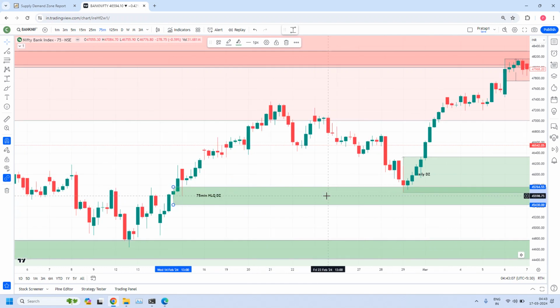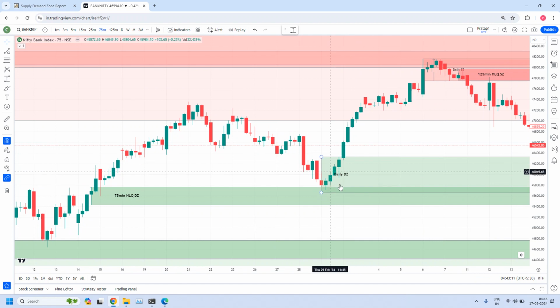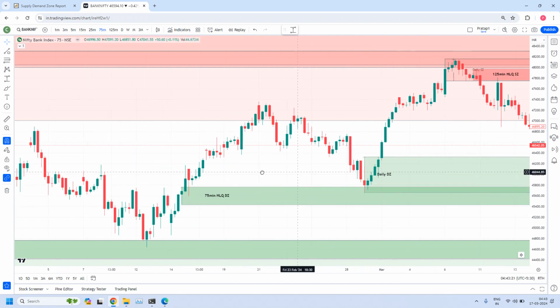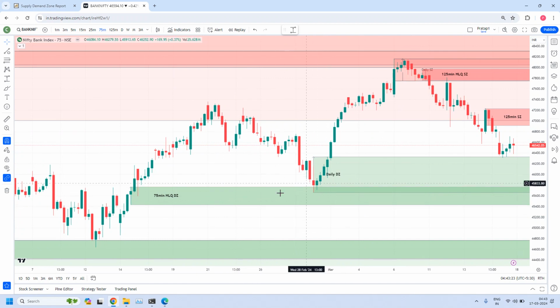This is 14:15. The reason why I am saying it is very interesting, see the recently created daily demand zone, it picked up the orders from this 75 minutes high liquidity demand zone and a daily zone is created. So that means the real order flow is there in this area. See, already it picked up the orders earlier. See the rejection here. A high liquidity zone is created, picked up the orders and the rejection and then further